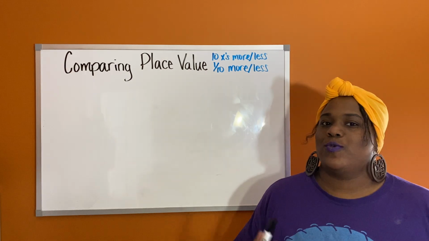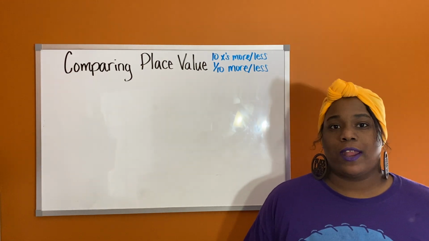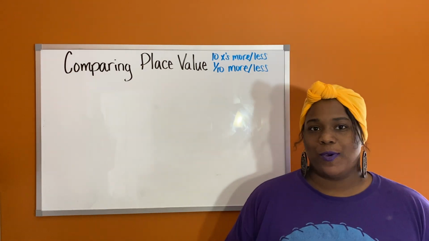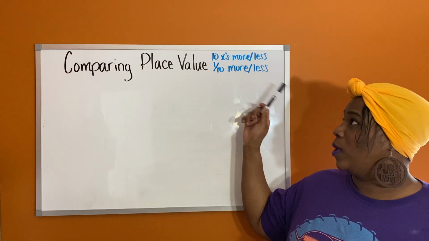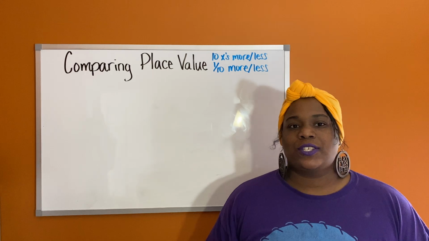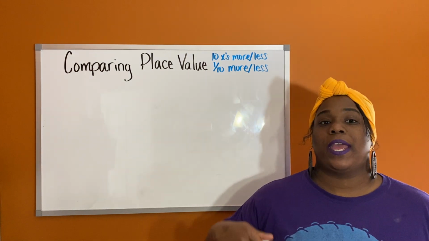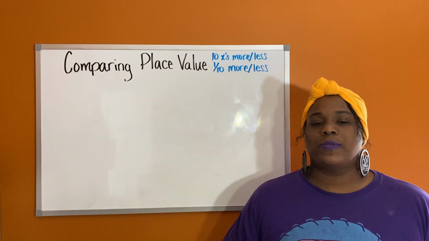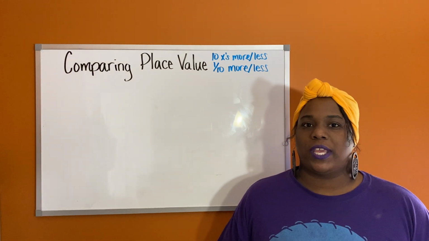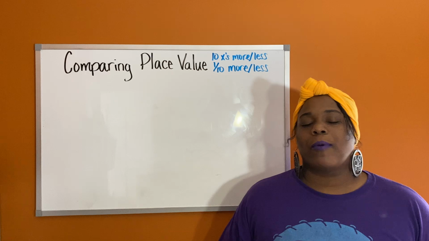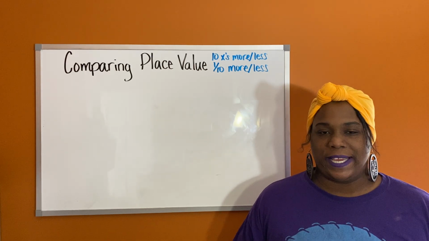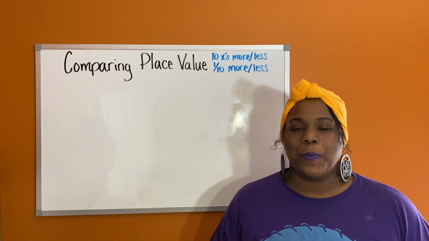Earlier this week, you watched a YouTube video lesson on comparing place value, and it looked specifically at 10 times more or less and 1/10 more or less. Today I'm going to be doing a continuation of that, just breaking down some problems with you, looking at both whole numbers as well as decimal numbers. And we're going to be looking at the difference between the place values in regards to how much they are